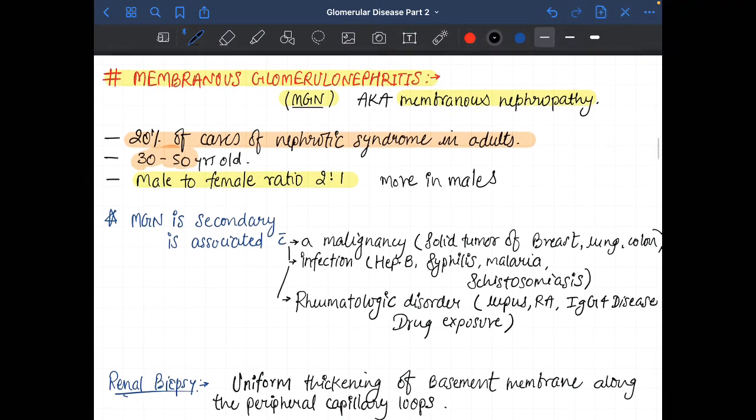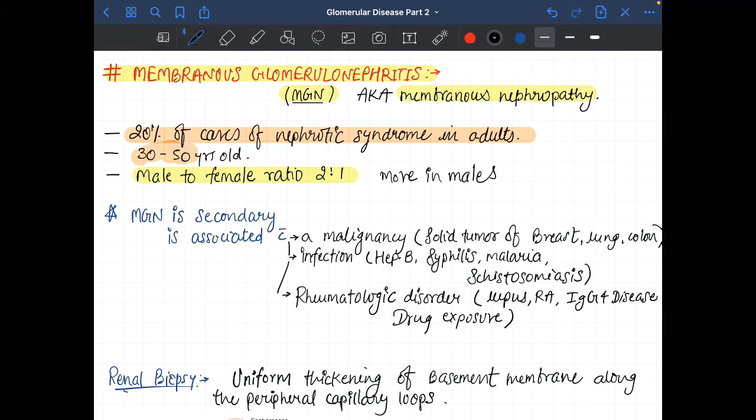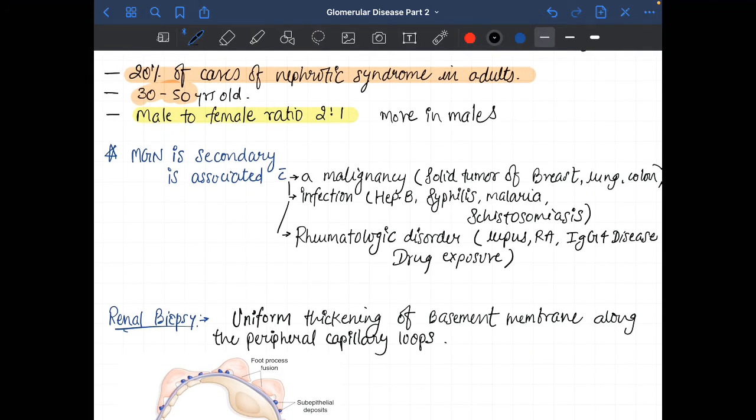Membranous nephropathy or membranous glomerulonephritis is associated with a malignancy or infection or rheumatologic disorder. So it's secondary. Take note, MGN is secondary. It can be because of malignancy, for example solid tumors of the breast, lung or colon. It can be because of infection: Hep B infection, syphilis infection, malaria or schistosomiasis. It can be rheumatologic, meaning immune mediated, because of lupus, rheumatoid arthritis, IgG4 disease,